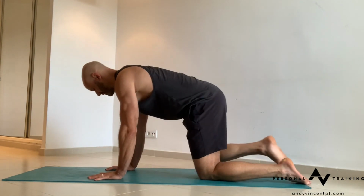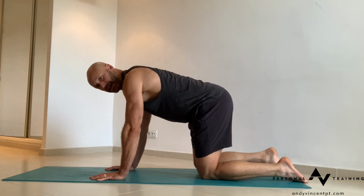Inhale through the nose, exhale through the mouth. One more deep breath. Always just pulling a little bit harder onto the knee, pulling it across the body as you exhale. At the end of that last breath, we're going to come up onto all fours into cat camel, cat cow,